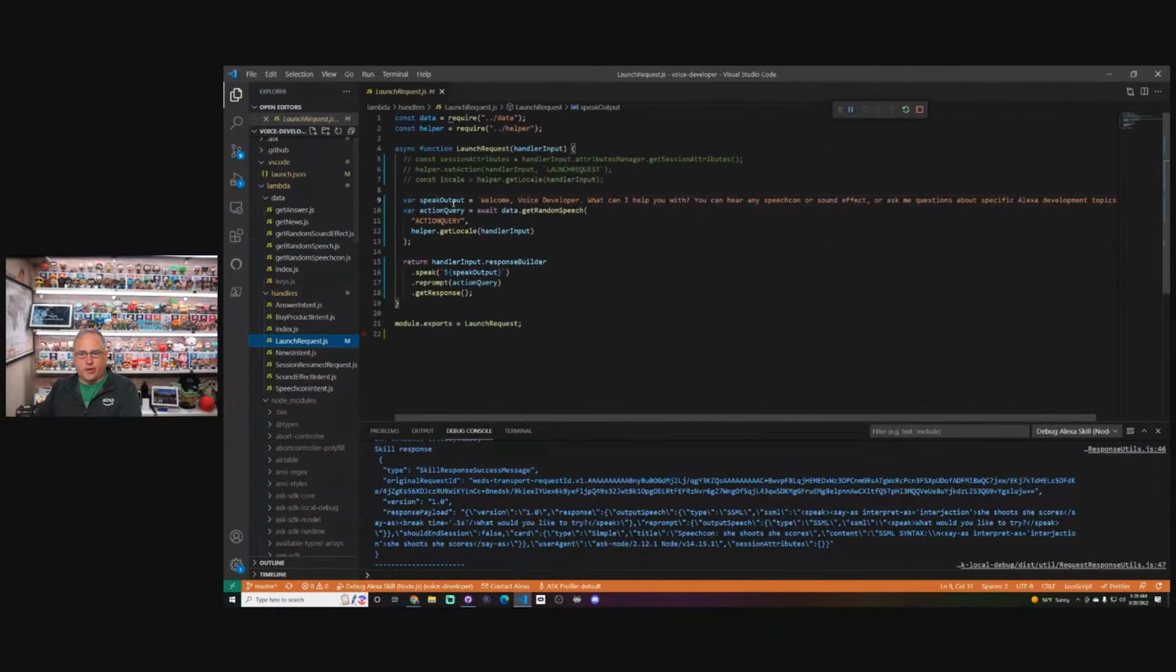And so if we look at launch request, one of the things that I have here is this long welcome, this static content written right into my code. This is always a red flag to me that, do I have,